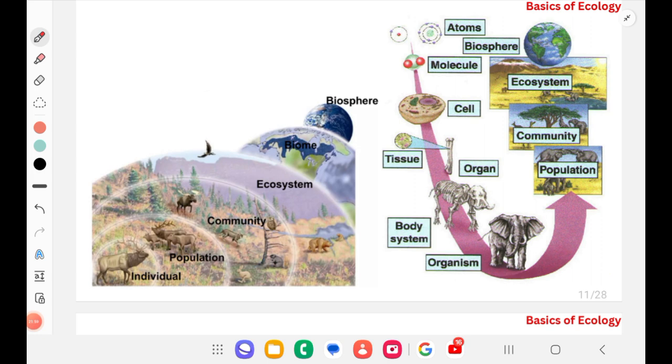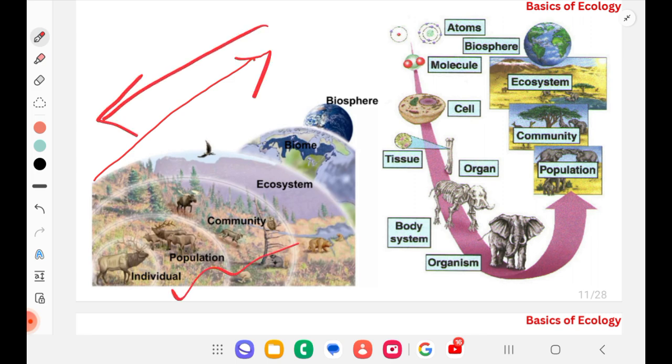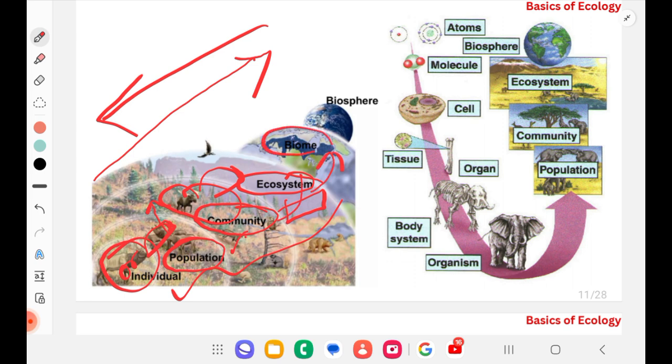We already studied this. There will be a question to arrange in ascending or descending order of this hierarchy. First individual species or organisms. That group of organisms becomes population. Different populations living in proximity, then it comes community. Different communities together form ecosystem. Different diverse ecosystems or landscapes will become biome, and the entire biomes, if you combine throughout the world, then it comes a biosphere. We know biome criteria is based on climate and vegetation.